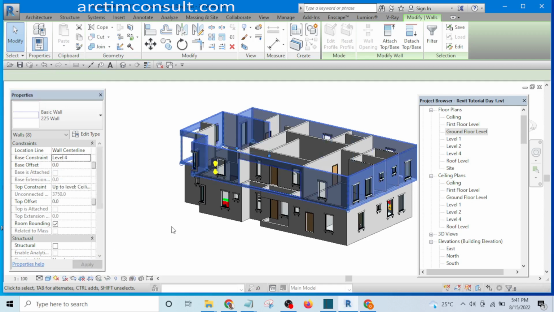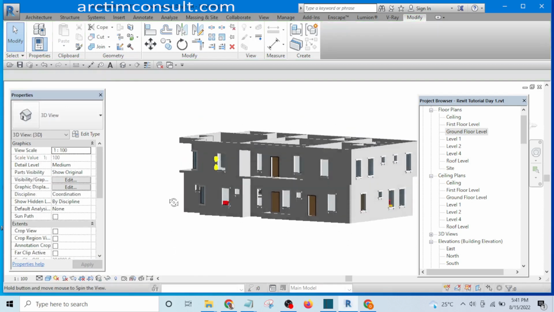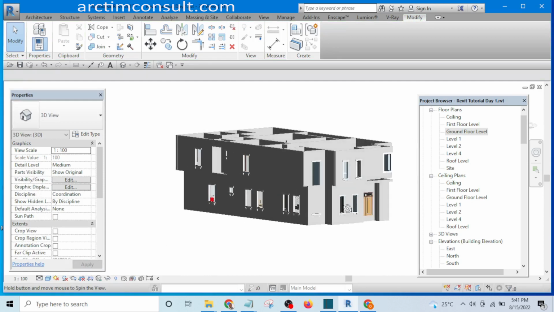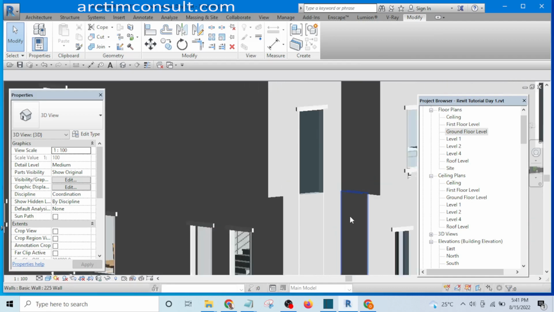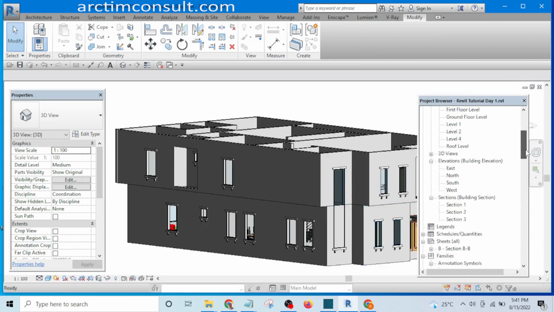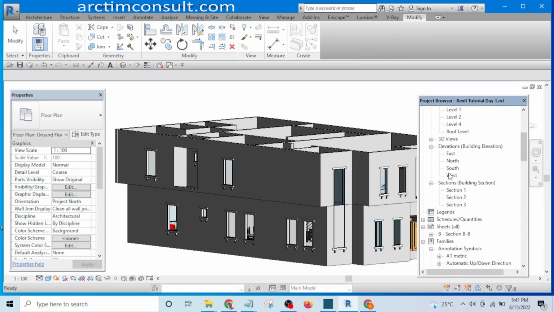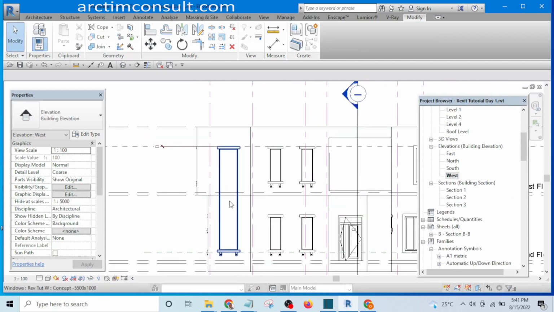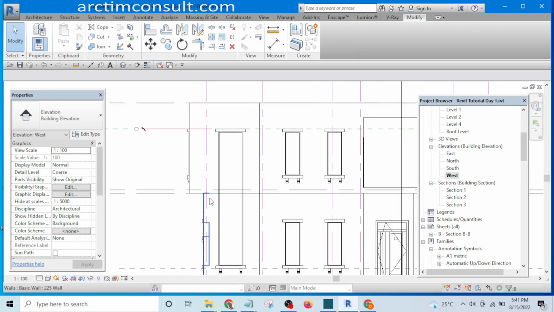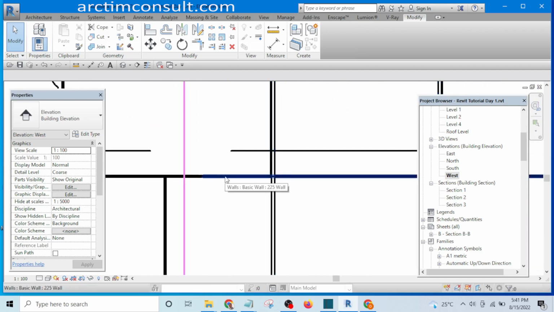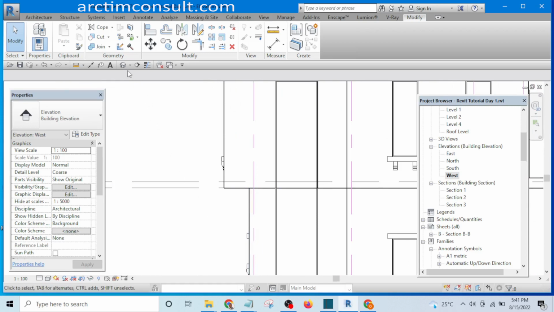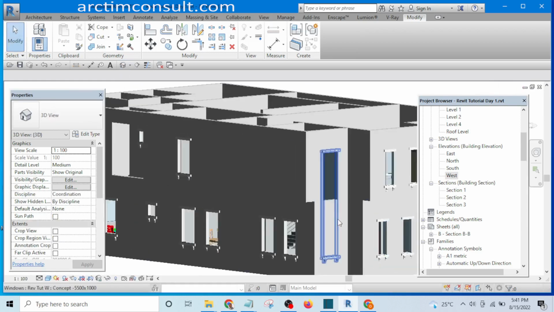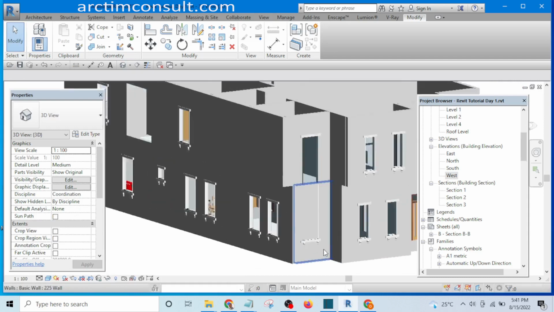Okay, now I have brought all of the external walls on the first floor to level 4. If I go to that elevation, which is on the west, you can see that the walls are sitting on top of each other exactly now, but still that window has not yet caught the